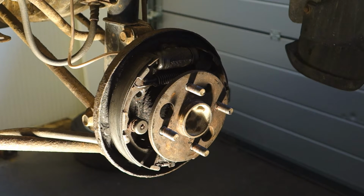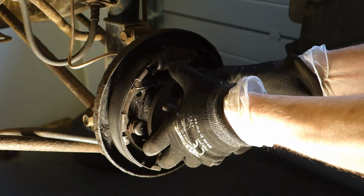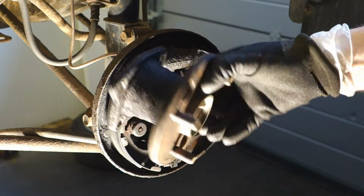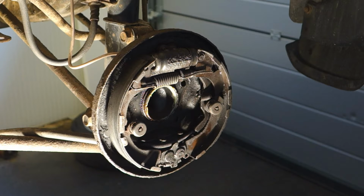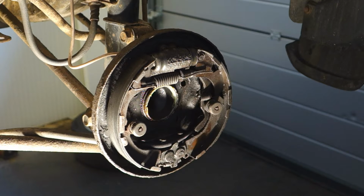Okay, and now all of these 4 bolts are away, and then when I move that a little bit, this bearing hoop opens, and it's easy to take out. And then we can see also in this inside area, and there is our handbrake cables position. And next we need to take these